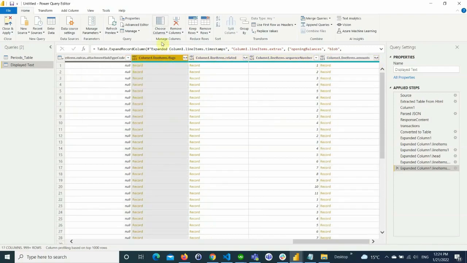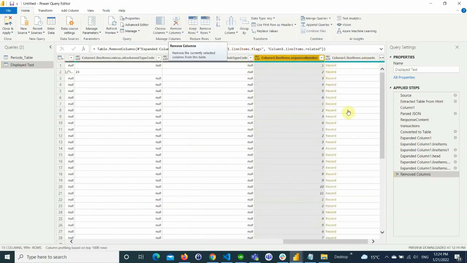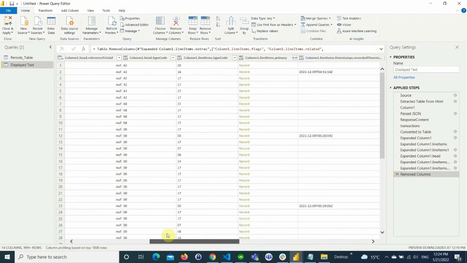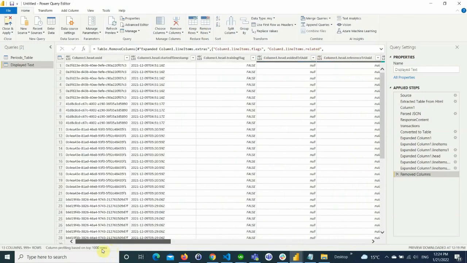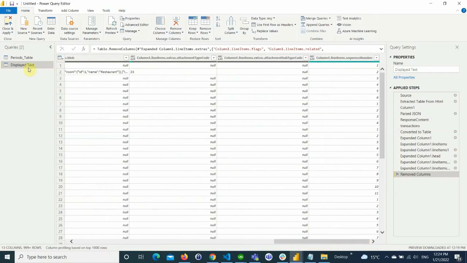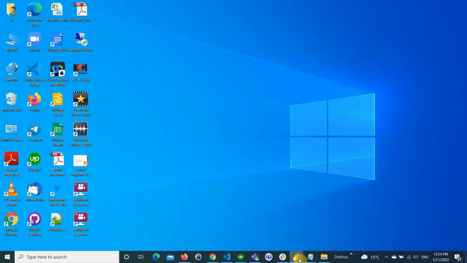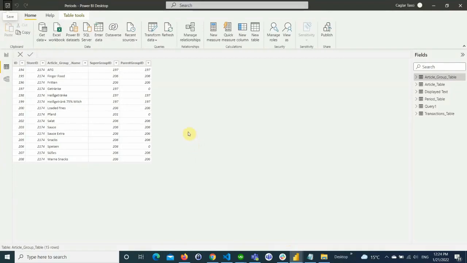And if there is nothing in that column, we will just remove the column. Okay, so nothing was found here, so we can remove it. And then even the amounts we can remove. Primary also we can remove. So now you can see that we have got all this information with the help of the API, and we can now use it as our table and create visualizations on top of it. So this is how we create API based connections in Power BI.